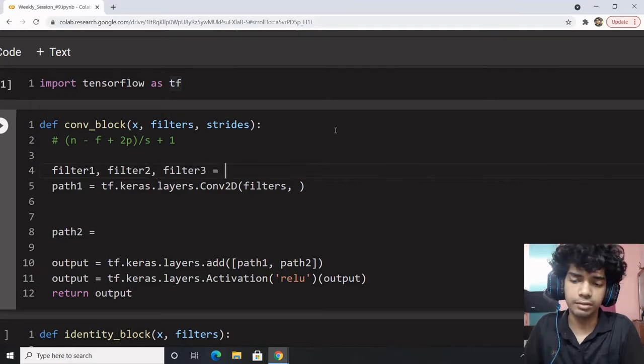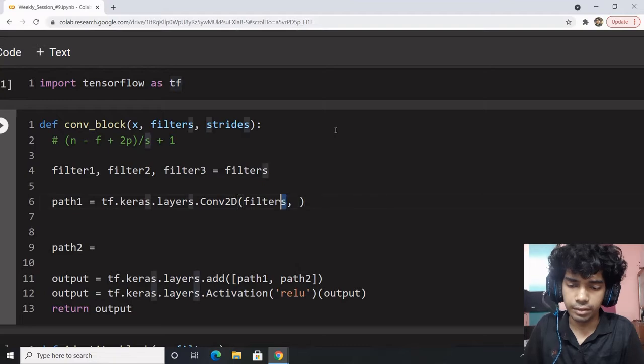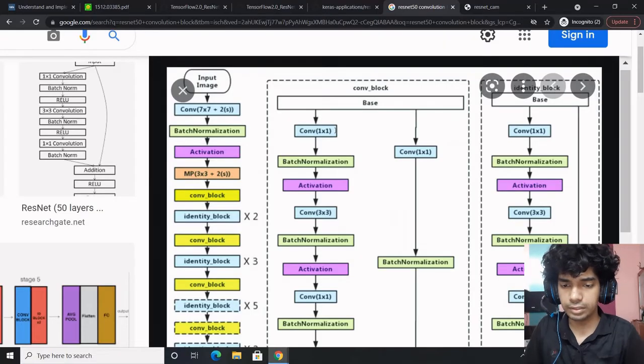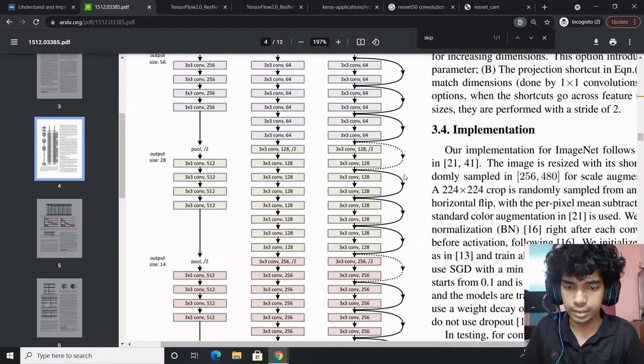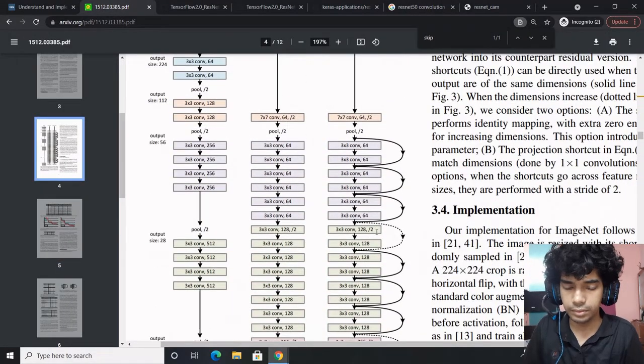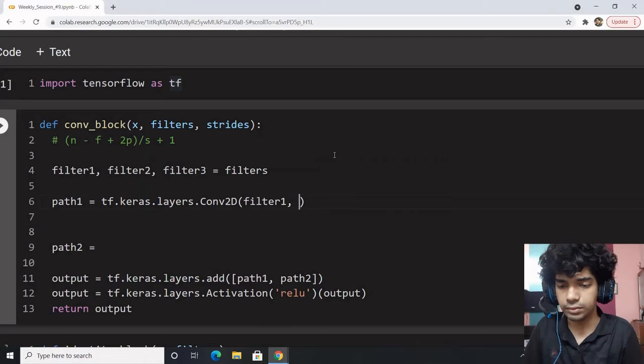We'll extract the 3 filters from the filters which we'll pass as a list. It will be filter 1 for the first one. The first one is a convolution 1 cross 1, obviously, and it has a stride of 2.